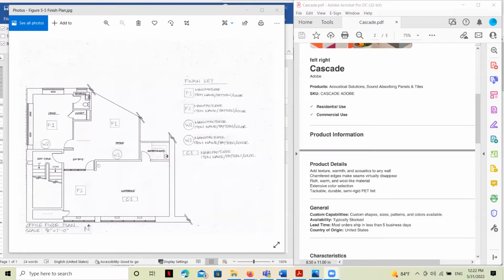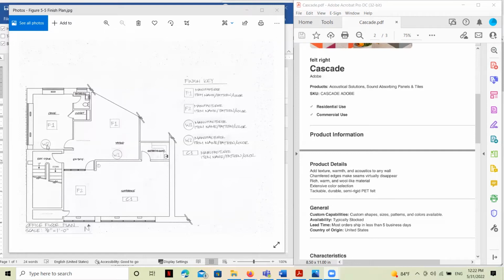What we're going to do is create a schedule that relates to the finishes that are called out on this office floor plan. You can see this office floor plan has the title, scale, and north arrow in the lower left-hand corner, and it's got boxes that represent the floor finishes present throughout the space, as well as the wall coverings.